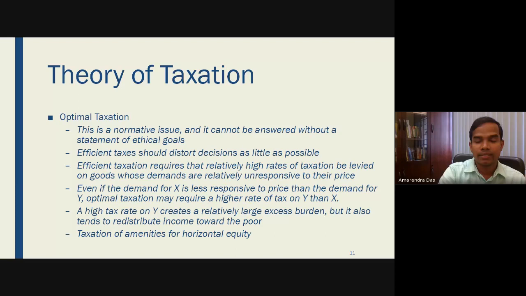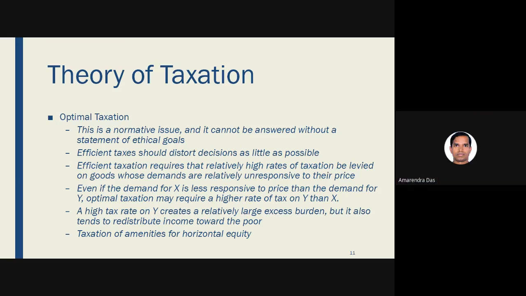See, when government is imposing a tax on commodity X, people may switch their consumption from X to Y. If people feel that government is collecting so much tax on commodity X, then they will reduce the consumption of X and switch over to Y. So in that case, government may lose revenue, right? That is creating a distortion in the market. But the theory of optimal tax says that such distortion should be minimum. That means government has to tax probably all the commodities. Okay, then only the substitution effect will be less.